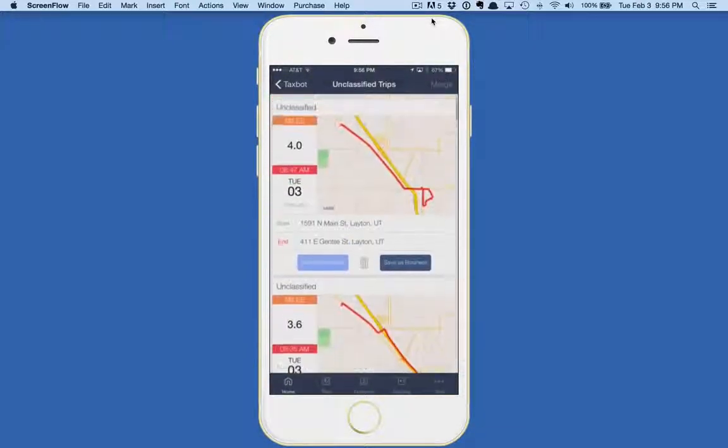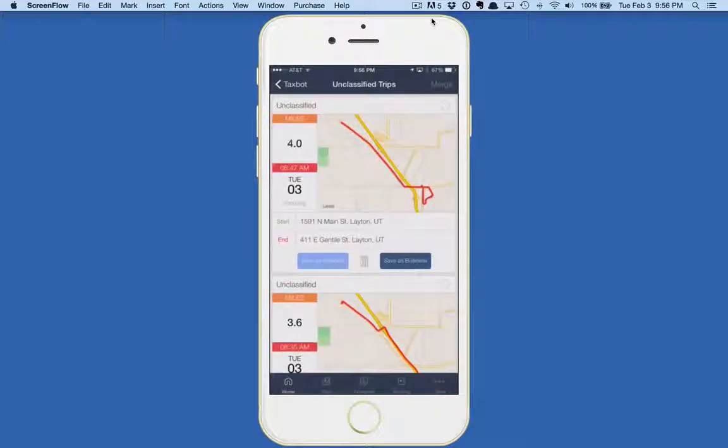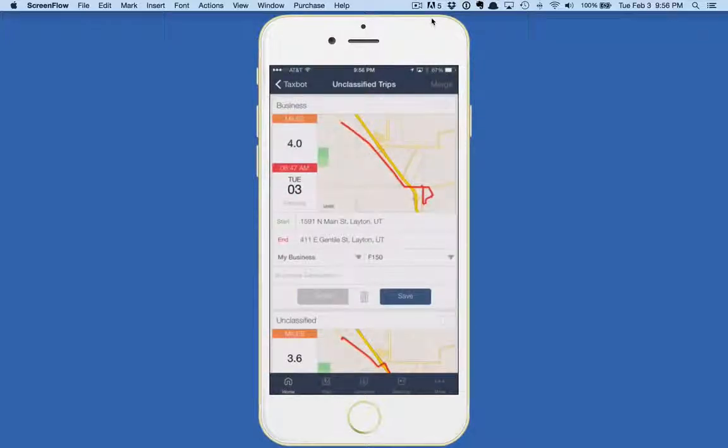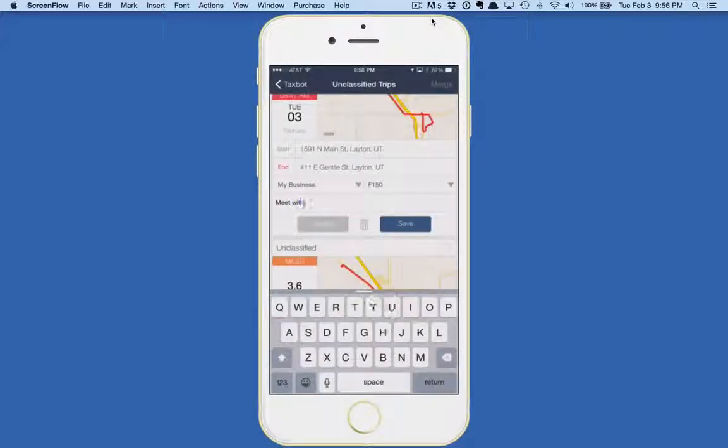So I can come in here and say which ones were business, which ones are personal, and which ones I just want to delete. Let's say this one was business. I can click Save as Business. It asks me the question of what the business description was. So I'm going to say Meet with Tom